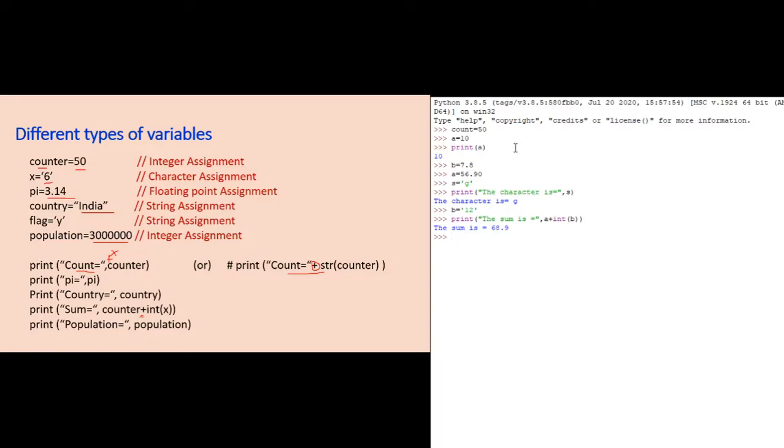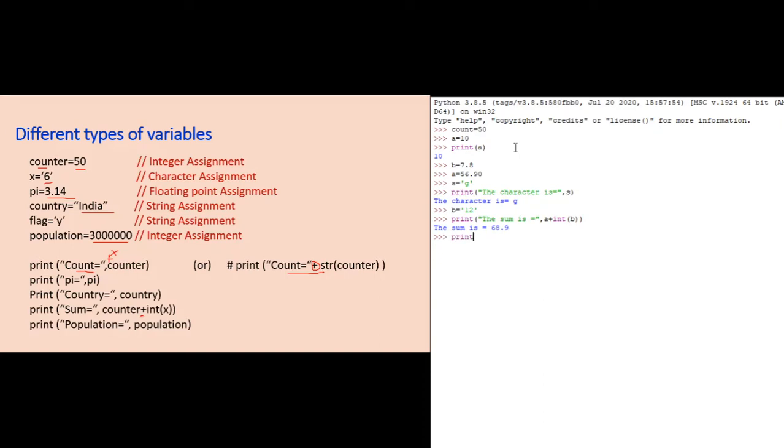So likewise, we can display any variable, and if I need two variables to be printed in the same statement, it can also be given like this. For example, I need to print the values of A and B in a single statement.